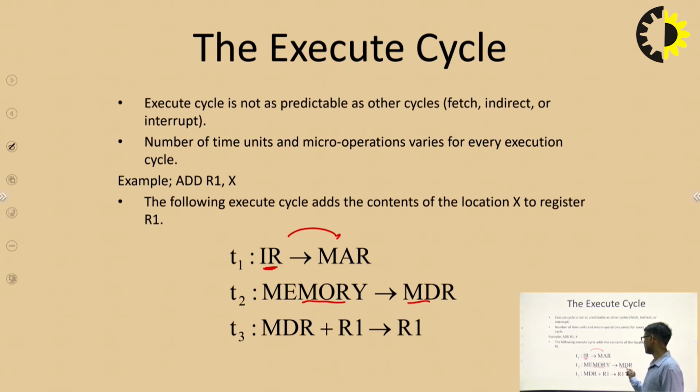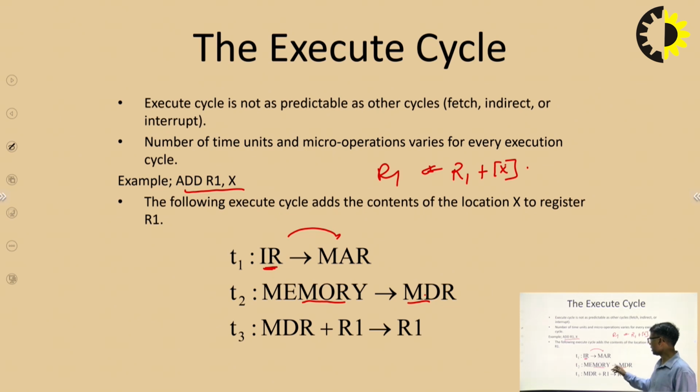Now the data is available in the MDR, and if the instruction is like ADD R1, X, what does it mean? It means that we have to add the content of R1 with the memory content X